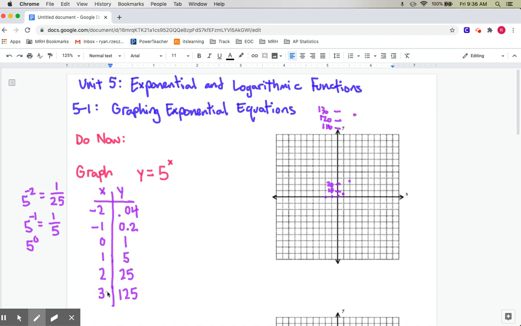If I did just one more dot here, and I did 4, I would need to climb on a ladder to get up to 625. It wouldn't even fit on what you guys can see right here. So exponential graphs have two kind of different sides to them. You have, on the right side of this picture, which I'll try to draw right here,